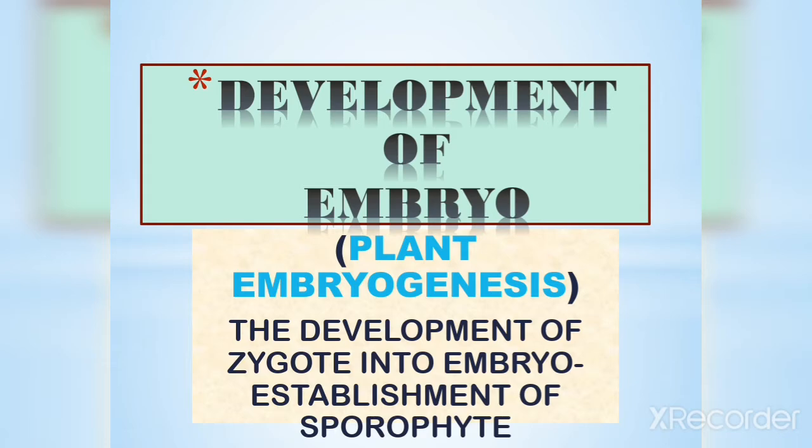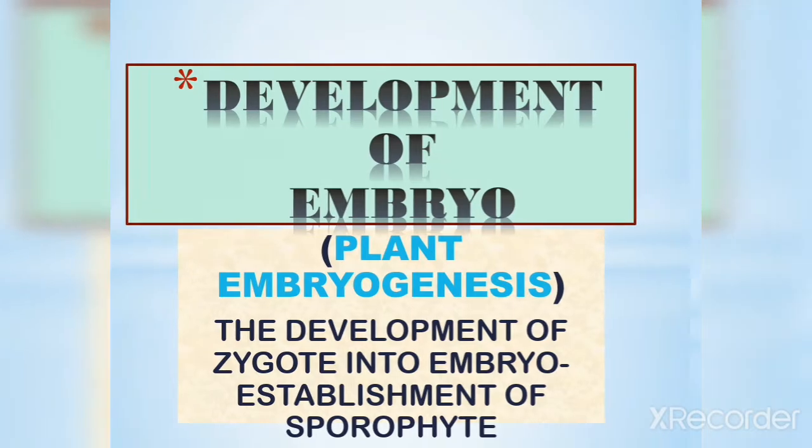If you are recalling from your class 11th, we have seen that there are two phases in the plants. What are the two phases, my dear children? One is called gametophyte, another is called sporophyte. Gametophyte is haploid and sporophyte is diploid, right? And there's the alternation of generation, right? There's a life cycle occurring between the gametophyte and the sporophyte. Gametophyte will produce the gametes, and the gametes subsequently will undergo fusion and develop the zygote, and zygote develops into the sporophyte. So today we are seeing the primordial forms of the sporophyte, how the sporophyte is forming.